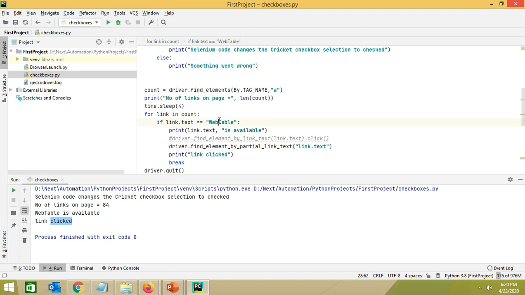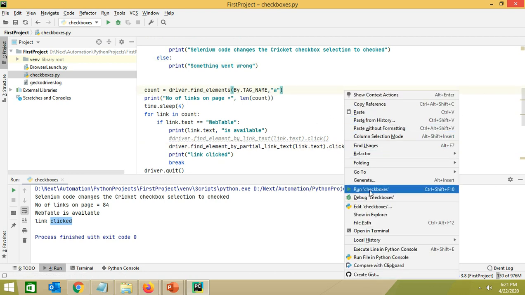In our case our link text is web table, so we can either pass the complete link text or a small text from the link. If we pass just the word web, then also it will work fine. So in our case we'll be getting link text from this variable, and we are passing it directly in there and just click. So this will also work in a similar way.